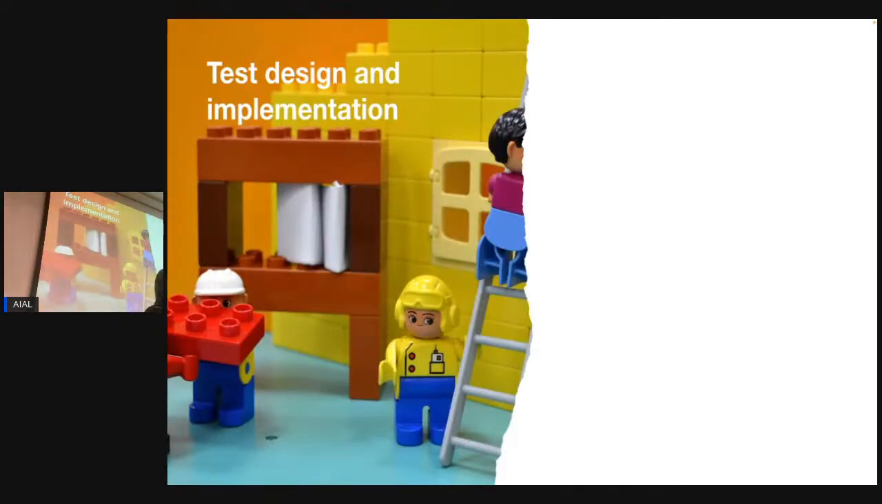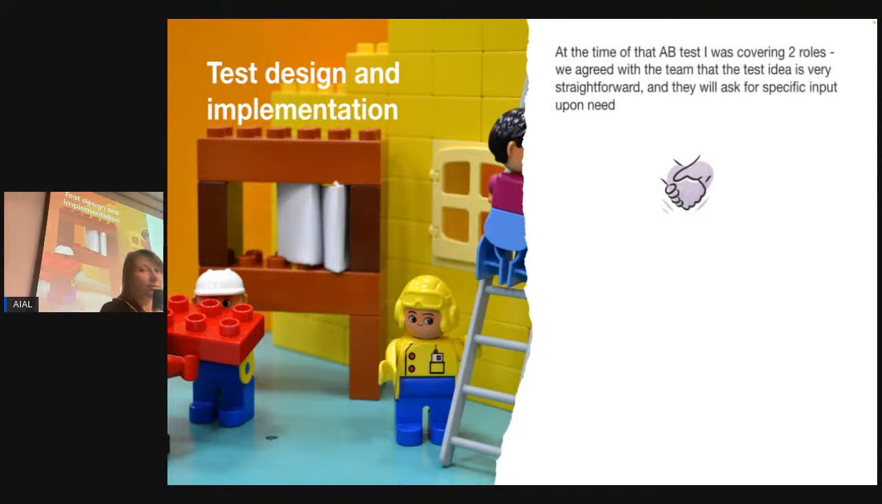And then we got to test design and implementation part. I must share that at that time, Vinted was in a very large growth period. We were hiring a lot of people, and I was covering 2 roles at the same time. But we had an agreement with the team that test idea is very simple. Probably we don't need your direct involvement. I mean, it's very engineering-driven test. So the team says, we will ask for your input only when we need it. We shook our hands on it and said, okay,